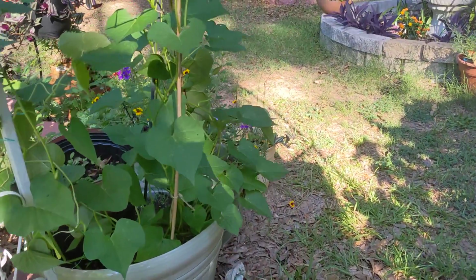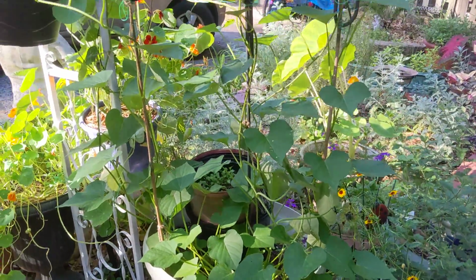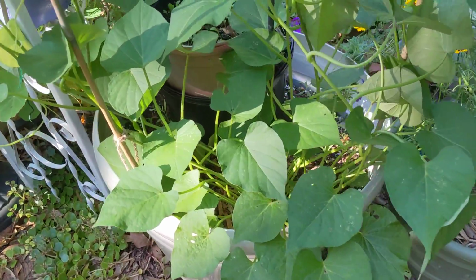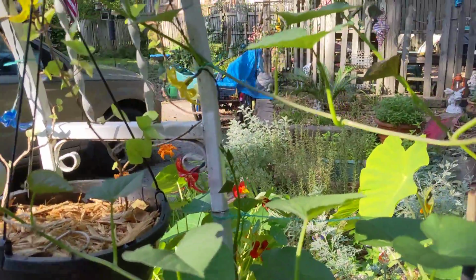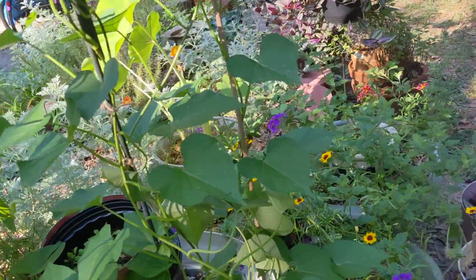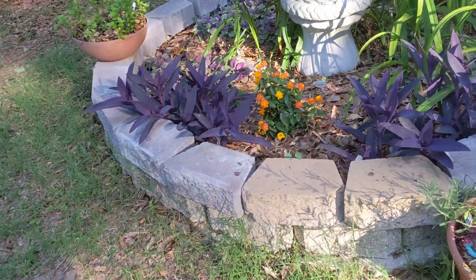What else? I have never grown a sweet potato, so I don't know if I'll get any sweet potatoes, but the vine is going crazy. So I put it in this big pot. I was not expecting them to trail. I always heard that they trail and make a pretty vine, but they're going crazy, and I'm trying to keep them from me tripping or anybody else